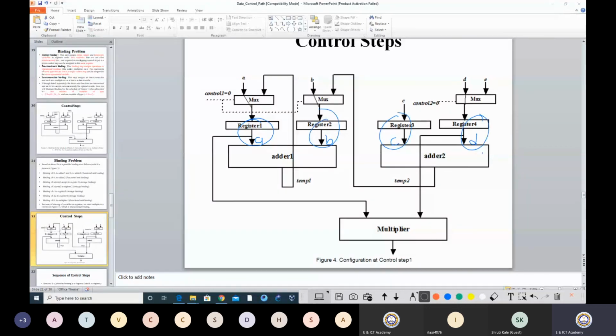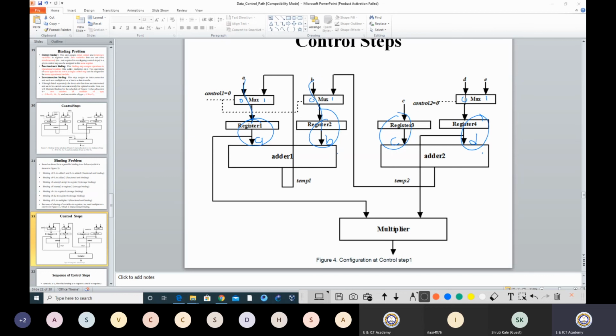So for that, consider that this is my 0, this is my 1, this is my 0, this is my 1. Here there is no mux, here it is 0, here it is 1. So when I put control 1 equal to 0, that will go to the selection of these two muxes, as well as control 2 for this particular mux. Whenever control 1 is 0, A will be stored in register 1, as this control 1 value of 0 goes over here. B will be stored in register 2. So my A and B will directly apply to my adder 1.